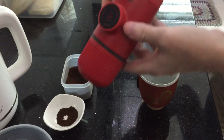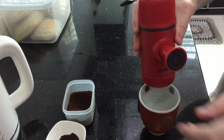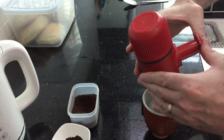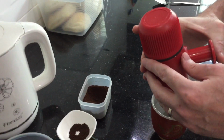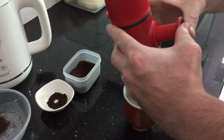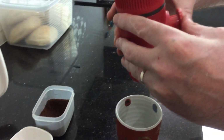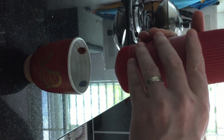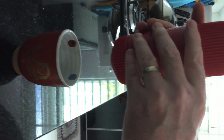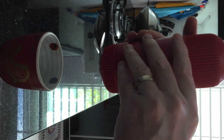Okay, now turn it over and release your valve. What I do is I use both hands. If you try to do this with one hand, you might not have good control and it might be more difficult to pump. But I pump it once, twice, 3, 4, 5, 6, 7, 8. Starting to get pressure. 9, 10, 11,